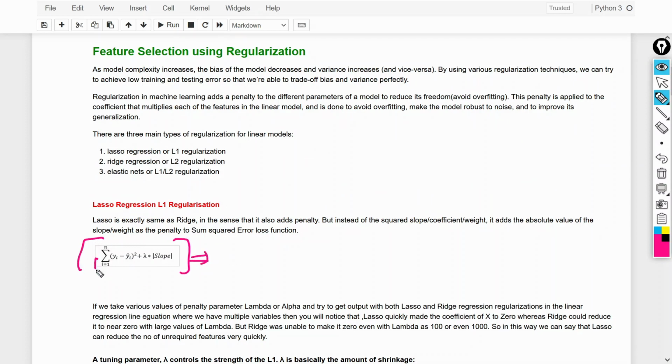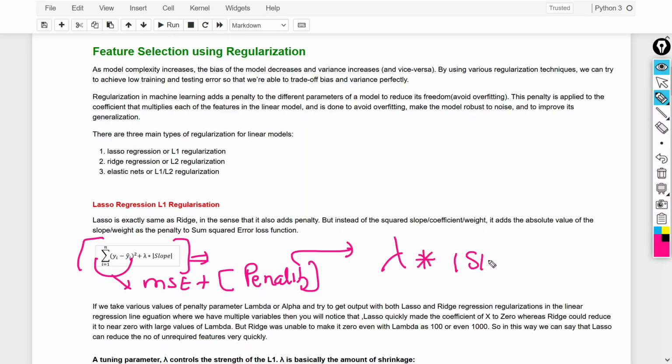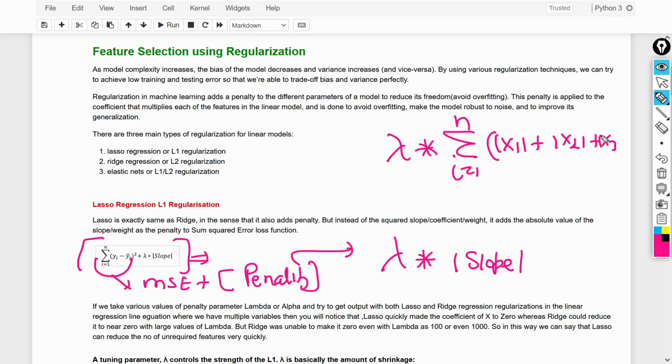This particular thing is the MSE, and we are introducing the penalty, and the penalty term is lambda multiplied by the absolute value of the slope. If we have multiple linear regression, in that case this would be a summation from i equal to 1 to n, over x1 plus x2 plus x3 and so on.